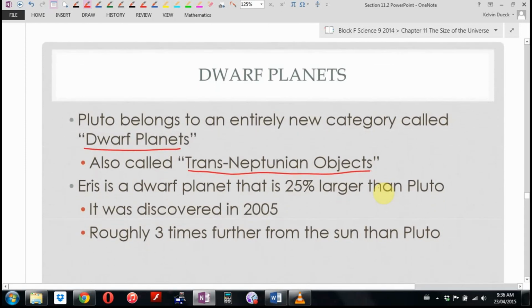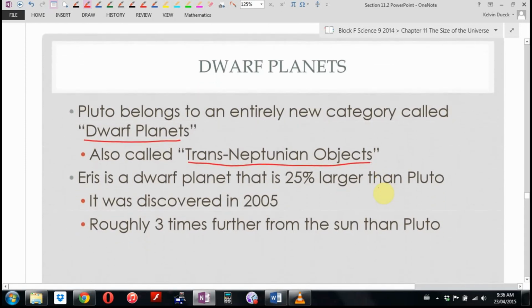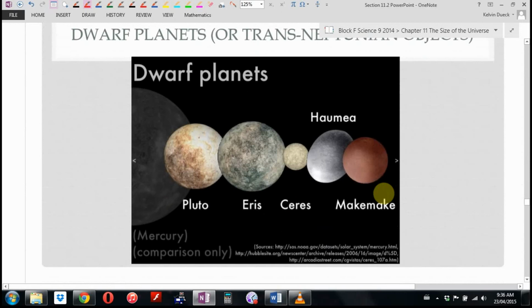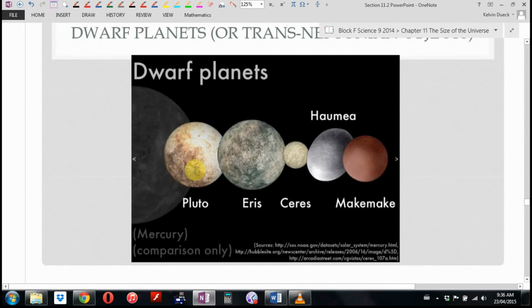In fact, these are the dwarf planets that we have discovered so far, and they're small, so we figure there's more of them out there. So here's Mercury for comparison. There's Pluto, Eris, Ceres. We have an asteroid. It's an asteroid in the asteroid belt. We have a satellite right now that for the first time is taking pictures of Ceres, this moment. And there are 2 shiny things on the surface. We have no idea what they are. It's a big mystery. It's getting closer and closer to Ceres. We're trying to figure out what the heck is shining.